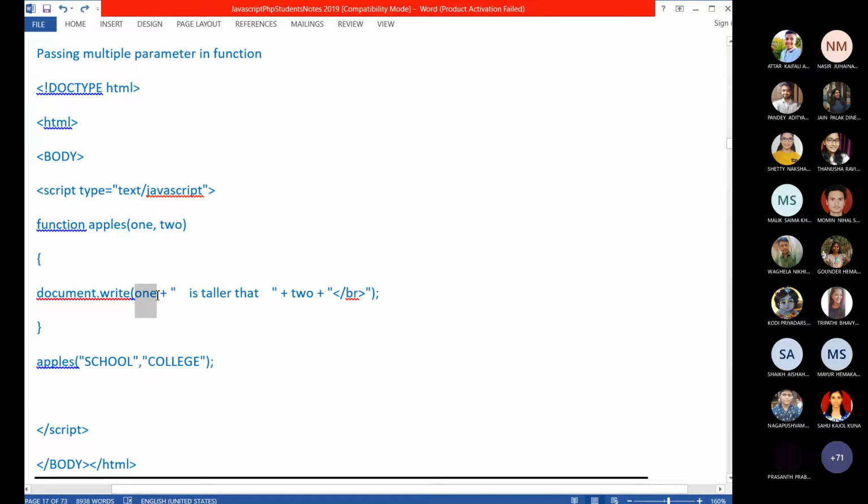So whatever value you stored within this variable will be displayed, and after that it will be concatenated with this string. As it is a string, you have written it within double quotes. This is a variable, so you did not write it within double quotes. So whatever value is in 1 is taller than whatever value is stored in 2 will be output.